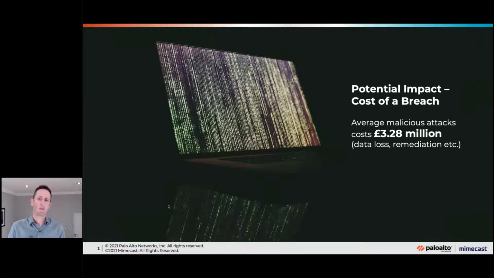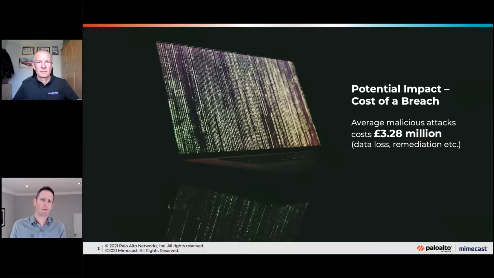Then there's all the remediation time in terms of the actual IT staff that have to bring everything back online, coupled with the other people within the organization. You have to wind back and get them to an even keel to ensure that they're actually able to function and move forward. And these are often the values that get fallen by the wayside, because everyone looks at that large 3.82 million and goes, well, it's never going to happen to me. It might be £500,000 and no more. But it really could get to a very large number very quickly.